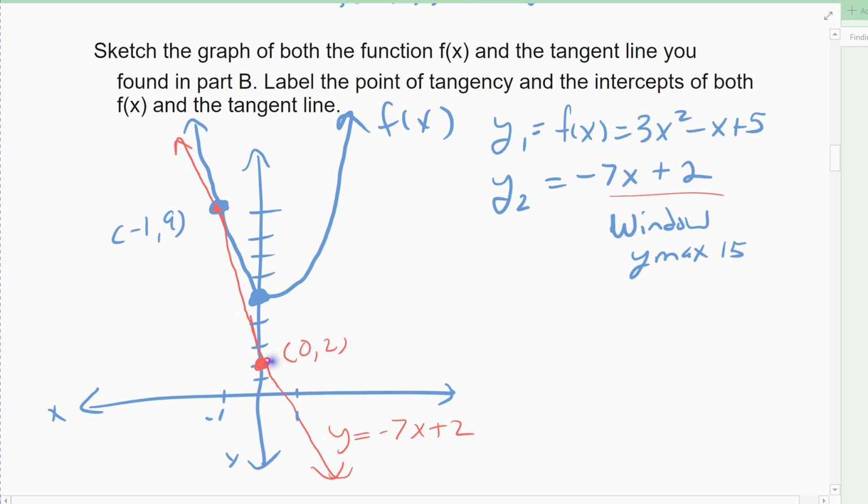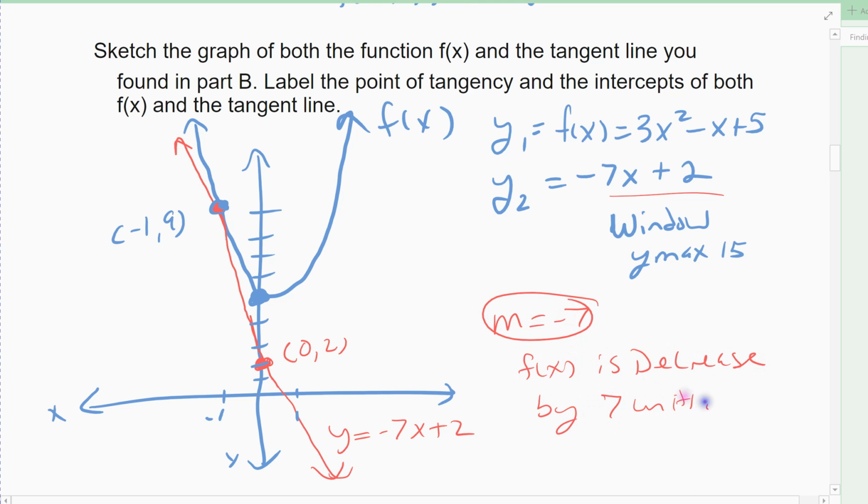The 2 points that I used to graph the red line were the intercept 0, 2, and then the point where it touched the f of x. And so again, the slope was -7, so what that means is f of x is decreasing. And if you look at the graph, it is. And I know exactly how much it's decreasing. It's decreasing by 7 units of y per change in x. That's exactly what it means. It means I'm moving down, in the negative direction, by 7 units of whatever my function y represents per change in x